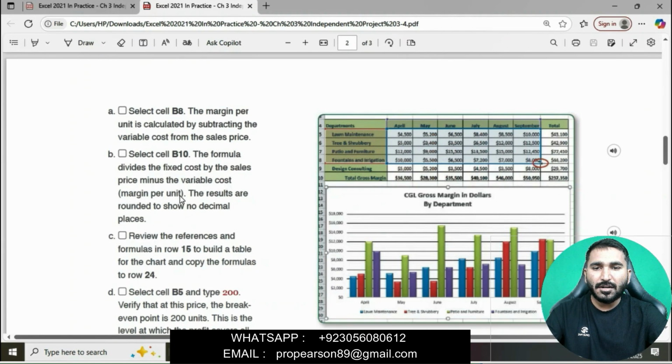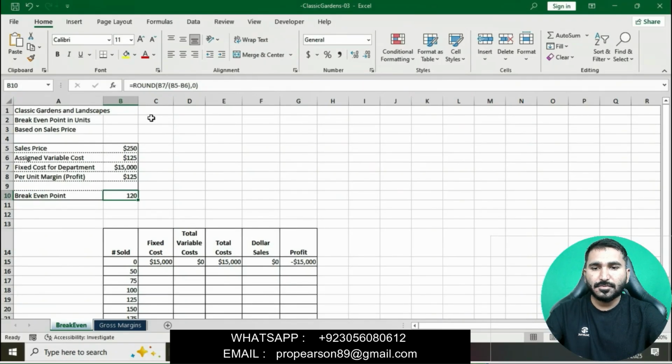The result is rounded to show no decimal places. Sale price, and then okay.